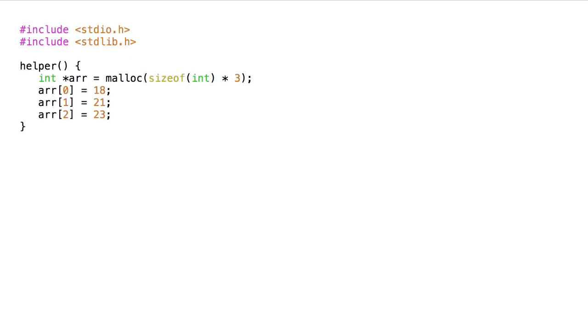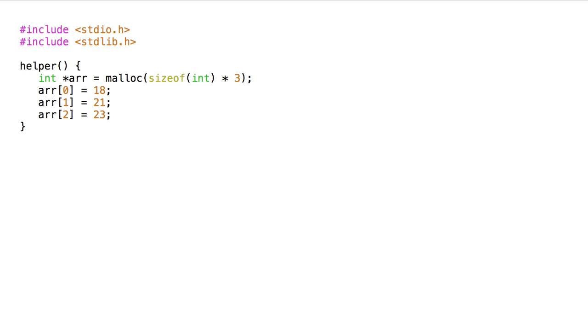Here we have a C function that dynamically allocates an array of 3 integers on the heap and assigns values to those integers. The address of that block is assigned to a local variable r. When the function returns, the data will still be allocated on the heap. So to continue using the data, and to avoid a memory leak, we need to retain a copy of the heap address. In the past videos, we returned the value of r to the calling function and assigned it to